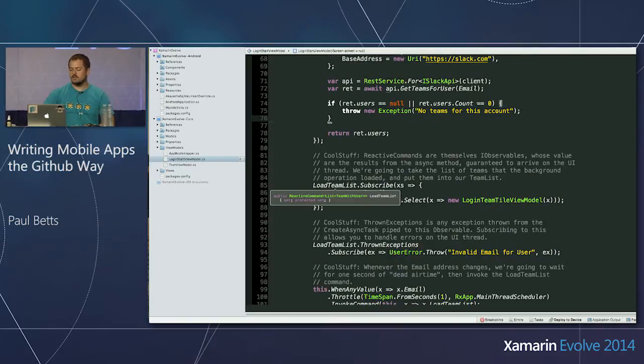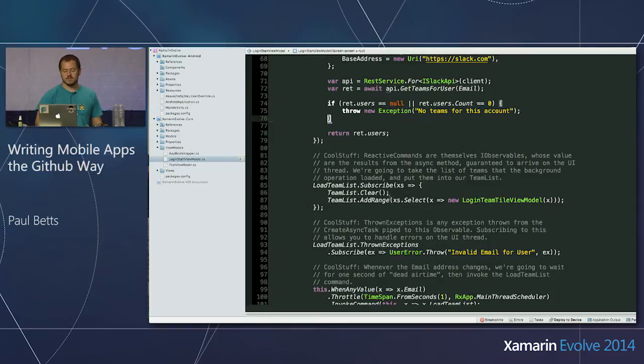Now, if we look at the type of this, it is a ReactiveCommand of list of TeamWithUser. That's a weird type. So the idea is that our command is itself an event. We can subscribe to it. And the contents of the event, the onNext, is going to be the result of that asynchronous method. So it's like this stream of constantly coming back lists of teams, which is super convenient for us because we're going to take that stream